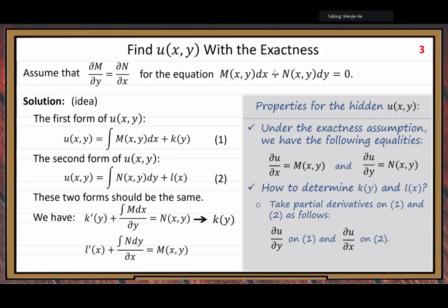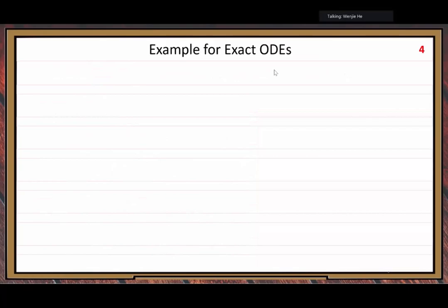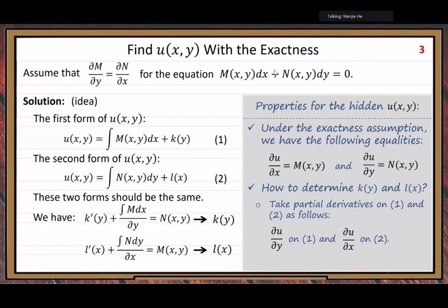Similarly, on the second one, you take this partial derivative, so you get an L prime function, and this is known. So the L prime function is known. You take the antiderivative, and you can find this little L function. So these two functions can be determined in this way. So you can write out the final U function. But let me finish